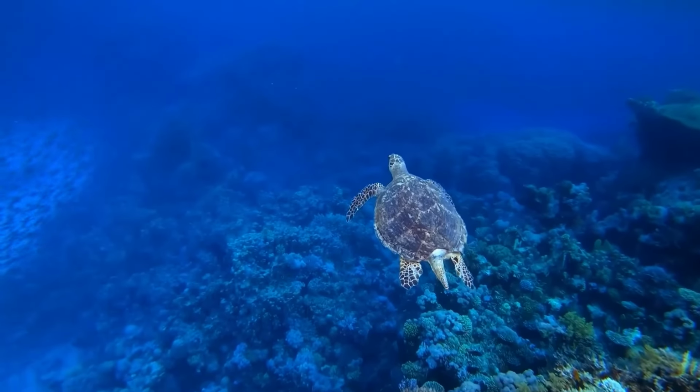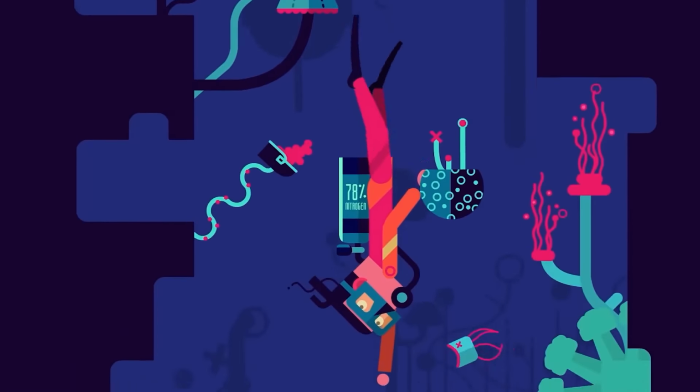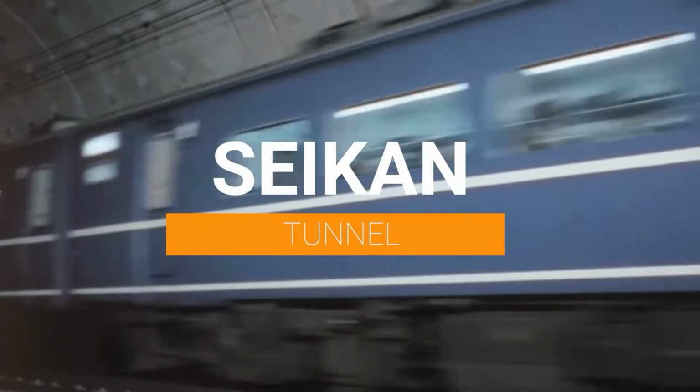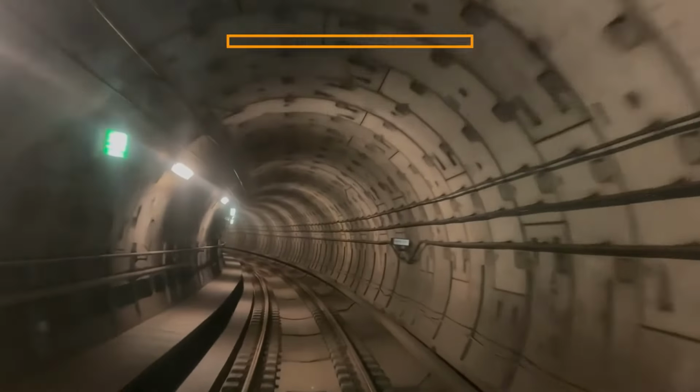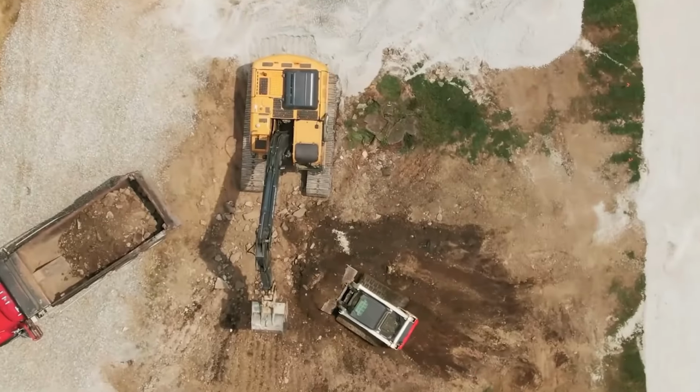Depth is one of the most difficult challenges for engineers. With every additional foot, the pressure increases, the risk of collapse grows, and construction materials start to behave differently. That is why the Seikan Tunnel in Japan deserves special attention. It is the deepest underwater tunnel on the planet, running more than 700 feet below sea level. It wasn't just dug out, it was carved through a true stone hell, where a single miscalculation could have led